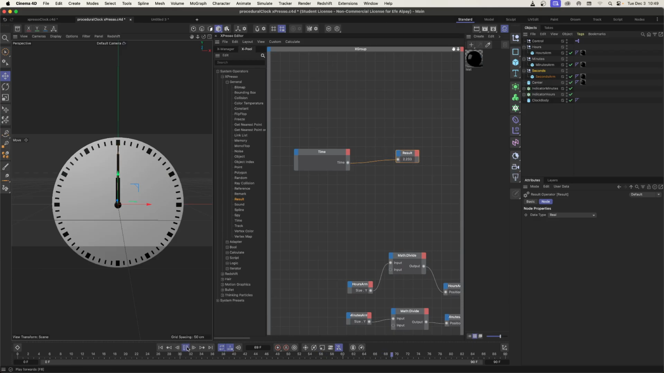But why doesn't it update in real time? Because we have to go to the calculate menu of the Espresso editor, and there's an option called animation refresh. I need to activate this, so that there's a check mark next to it. So now if I hit play, you can see that this value here is updating all the time. Okay,